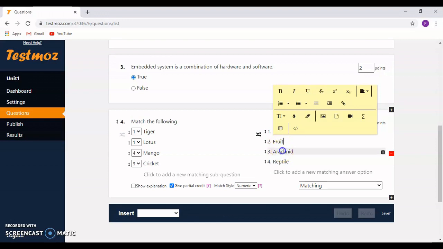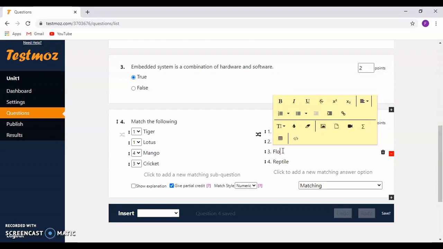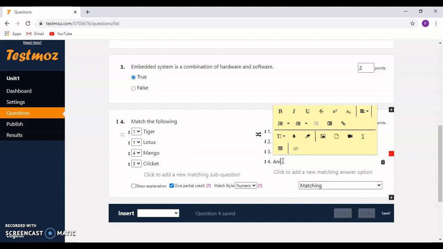Now on one side I've typed the animal, fruit, sports and flower. On the next side I've typed the matching answer for it. Now I'm going to set the answers by clicking on this drop down box.